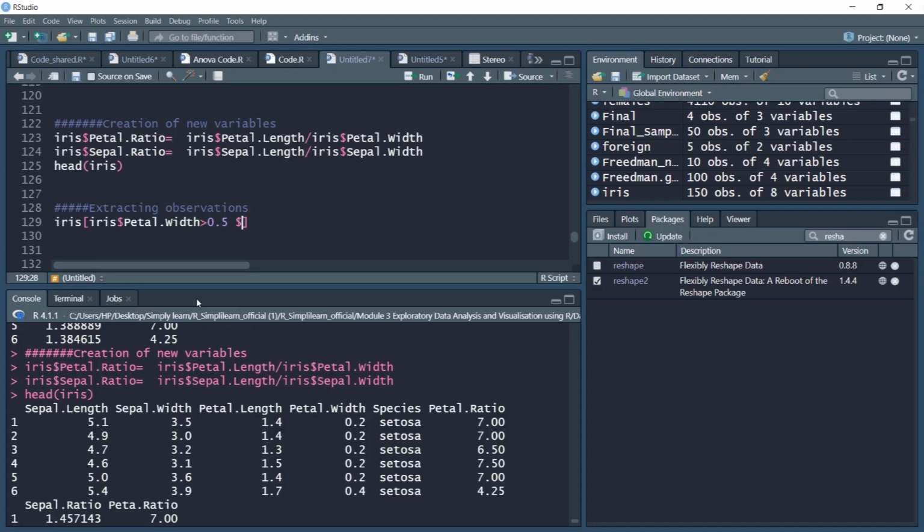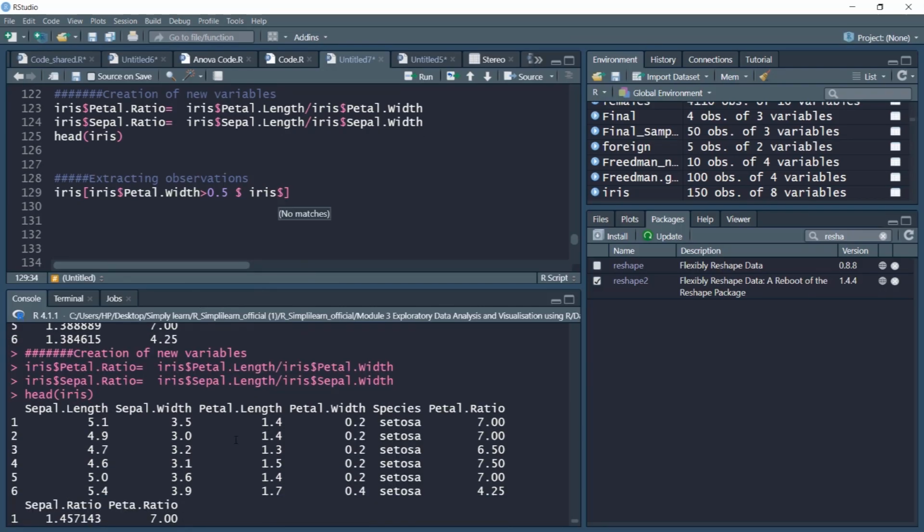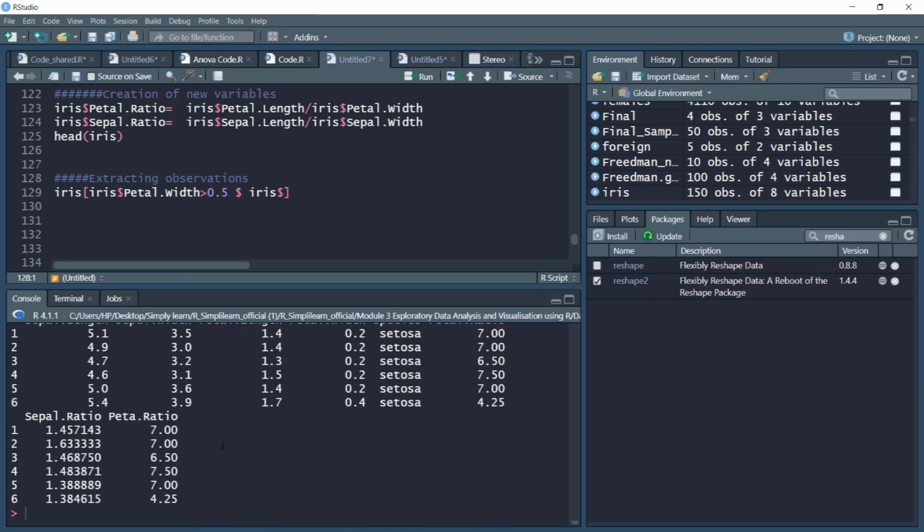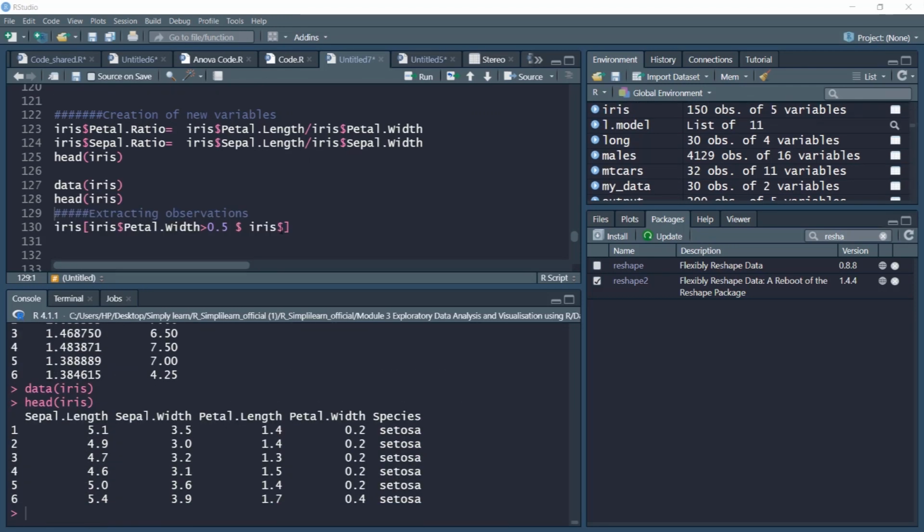Let me check the head of this. I want data where petal width is greater than 0.5 and I need to use ampersand to create that effect. Species should be equal to setosa.